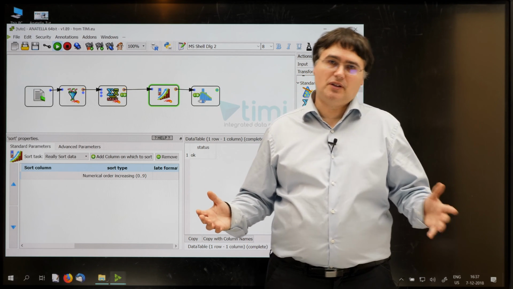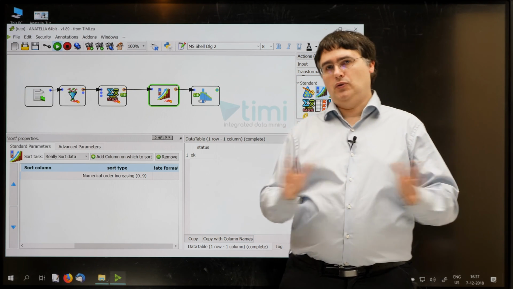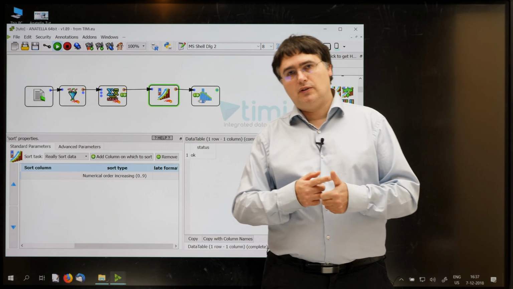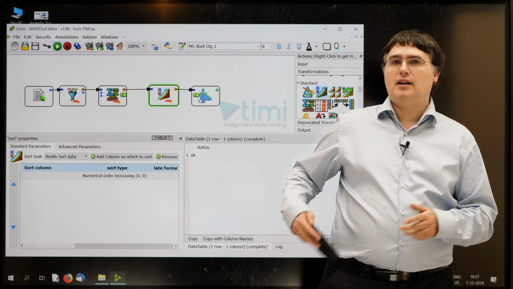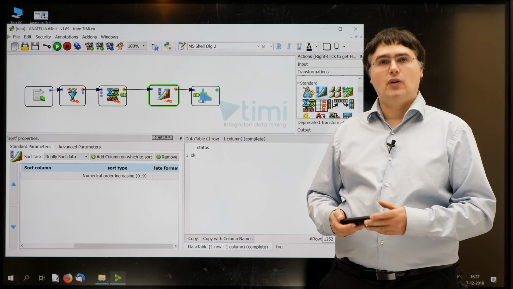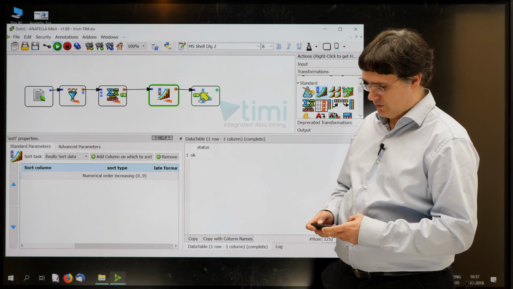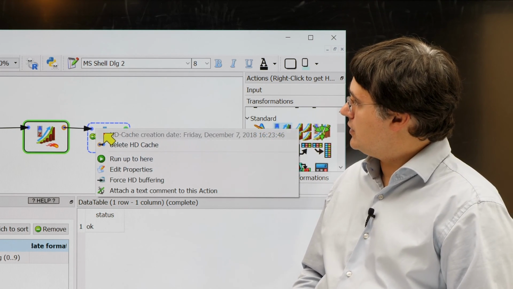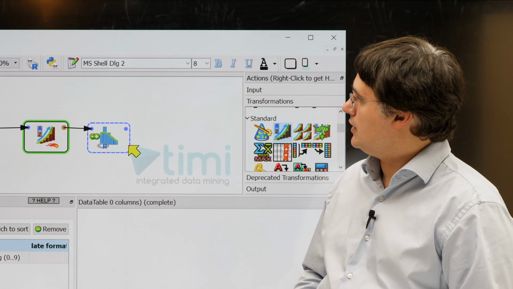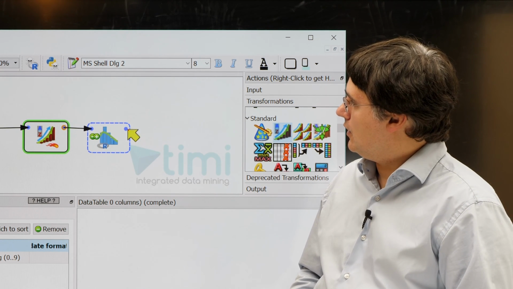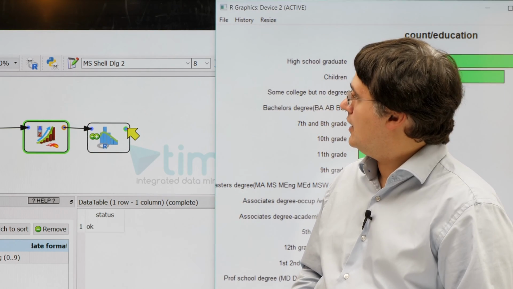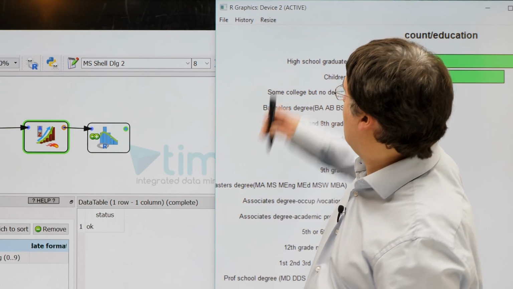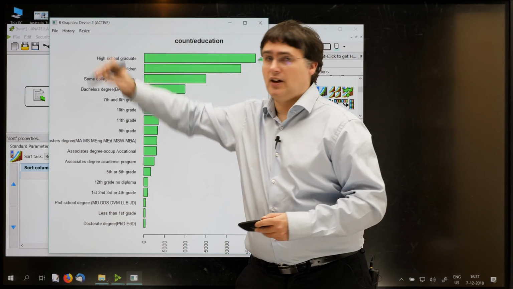Now, I still want to see my histogram, so at that point I have two options. My first option is to delete the cache, so that when I click the output pin, Anatella is forced to recompute this output pin. To do that, right-click the box, delete hard drive cache, and then I can recompute, and I get my bar chart again.